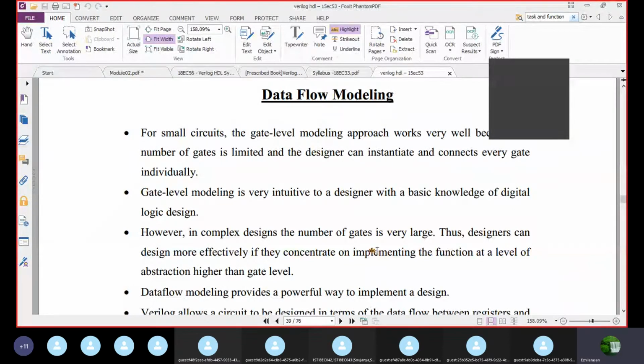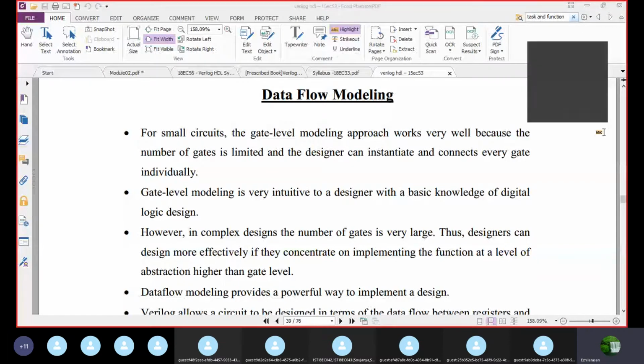For small circuits, the gate level model approach will work very well, because as you know, gate level modeling is nothing but interconnection of gates. If the number of gates is limited, the designers can instantiate and connect every gate in the gate level model.